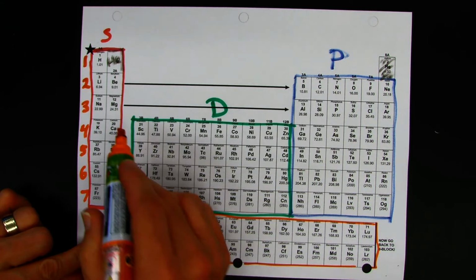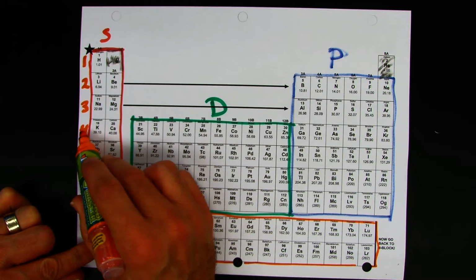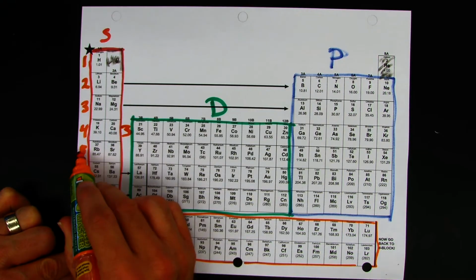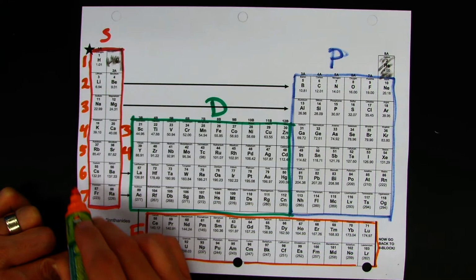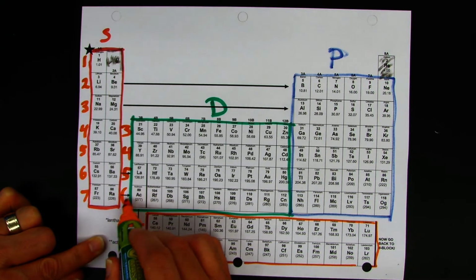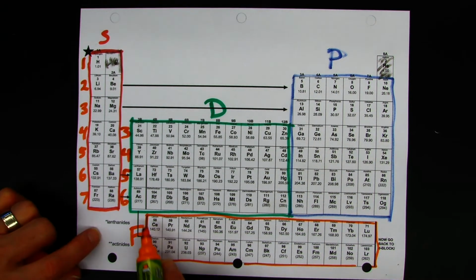So for when we're getting into the D block, we're going to have a 3 here. So instead of a 4, this is going to be 3. And these are going to differ by -1. So 5 minus 1 is 4. 6 minus 1 is 5. 7 minus 1 is 6. Okay. And then for these 2,